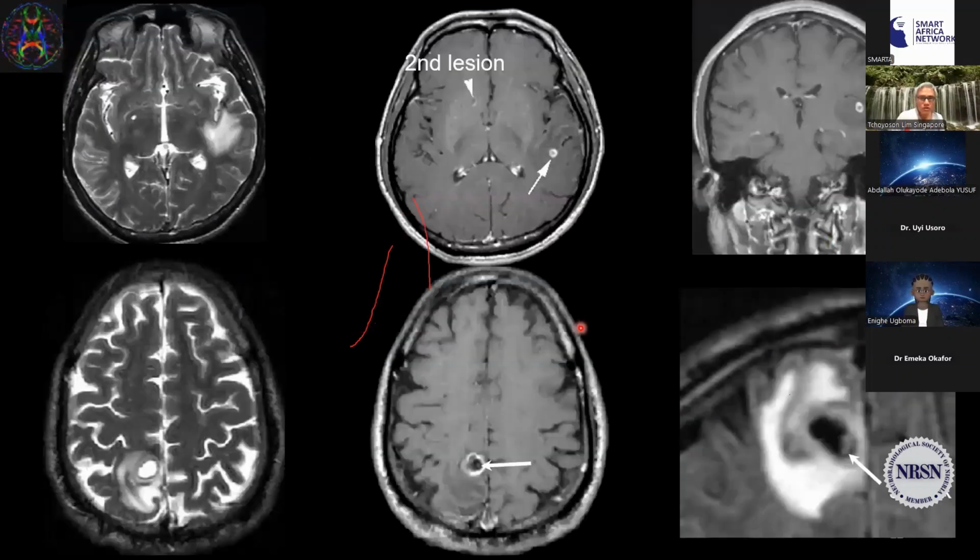So there are 2 patients here. This top row is a patient who has abnormal edema, a ring-enhancing lesion, which you can see on the post-contrast study, and a second lesion and a third lesion. This one did not enhance, and therefore it is different stages of the scolex and the vesicular phase. So this gives us a good clue that it is